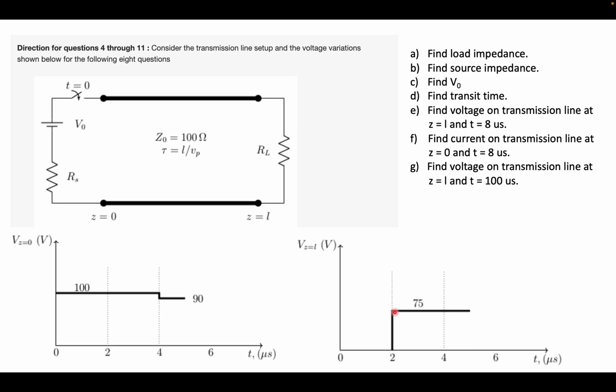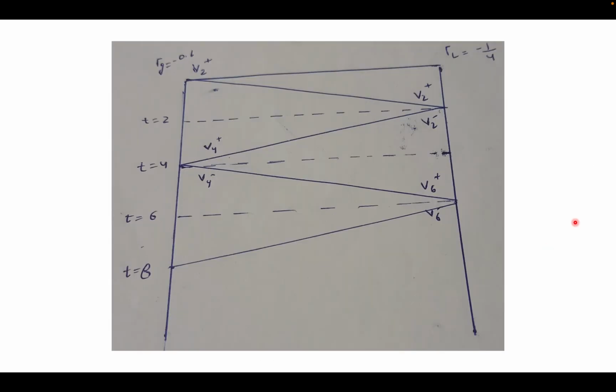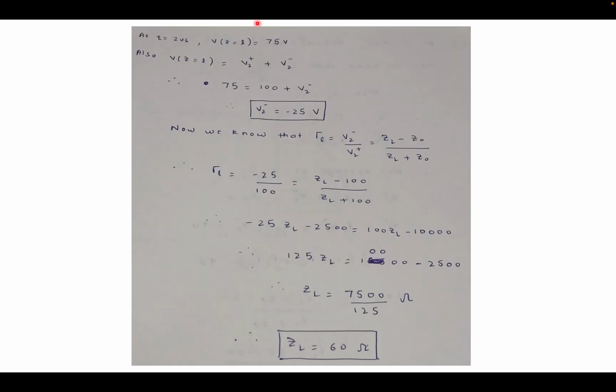So if I go here, the voltage appearing at t equal to 2 microseconds is 75 volt. That is given from the plots. So now you can move forward, and you know at t equal to 2 microseconds, the voltage at the load end is 75 volt. The voltage at the load end is the sum of the forward moving voltage and the backward moving voltage. So from there you know V at z equal to L can be written as